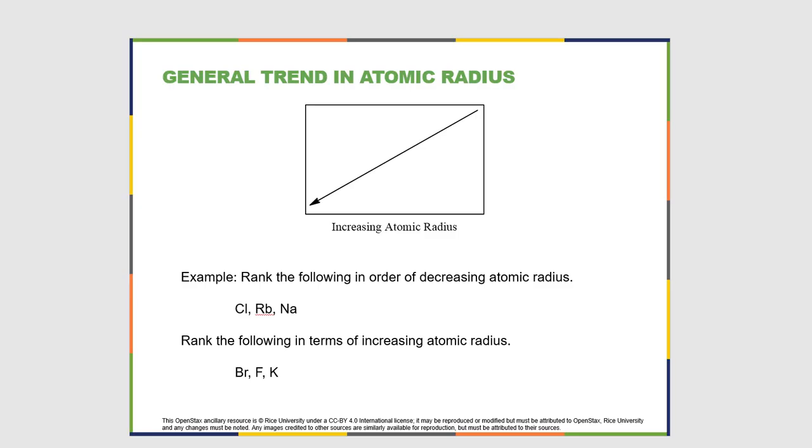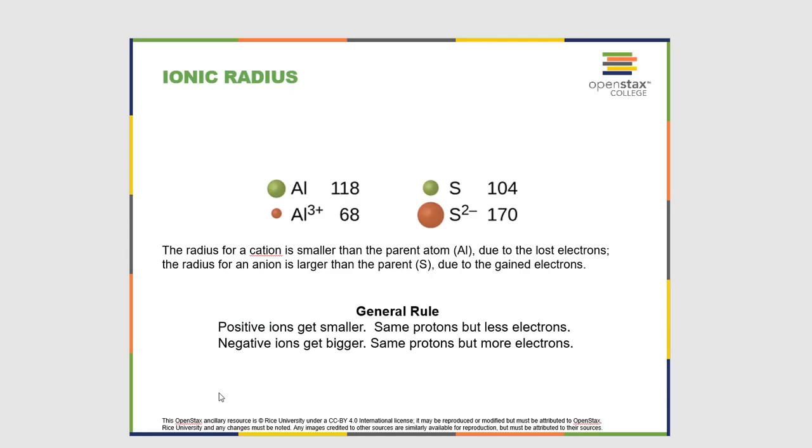The next thing we want to look at is ionic radius, which follows a different trend. It's not really a trend. Basically, what we have for ionic radius is that when things become positively charged, they get smaller. When they become negatively charged, they get larger. And what you can think about this is